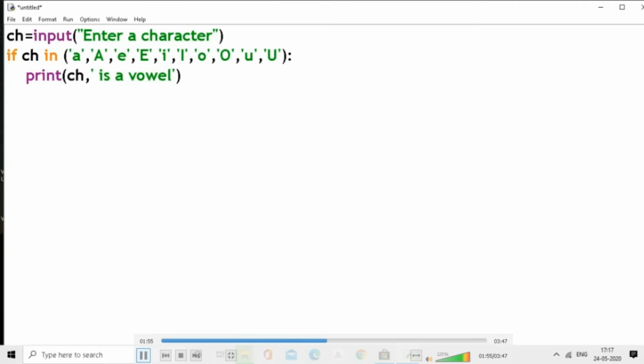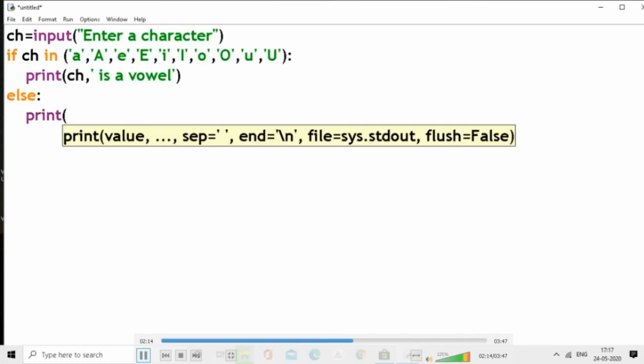Then next I am writing the else part, which will check for the remaining other characters. After else, a colon is needed. Give the colon. Then with indentation, type the next statement. Print is a function, and we are printing the message that it is not a vowel.